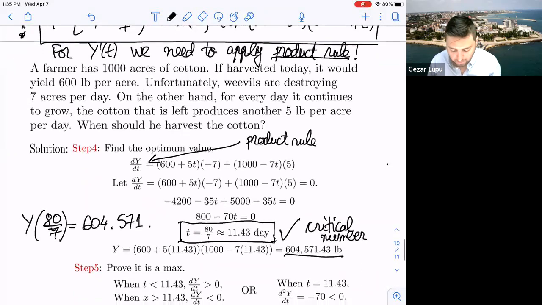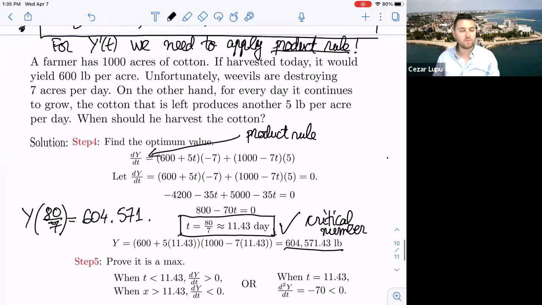So in other words, if you use the first derivative test, you will see that for values of t less than 11.43, less than the critical number, the first derivative with respect to t is positive, and for values, this is not x, this is t, sorry about that, greater than 11.43, the derivative of y with respect to t is negative. So in other words, this is again the first derivative test right here. Or you can also use a second derivative test,